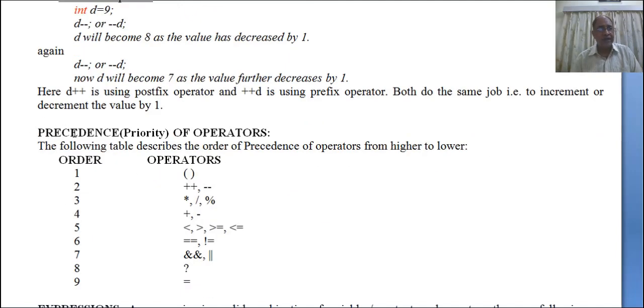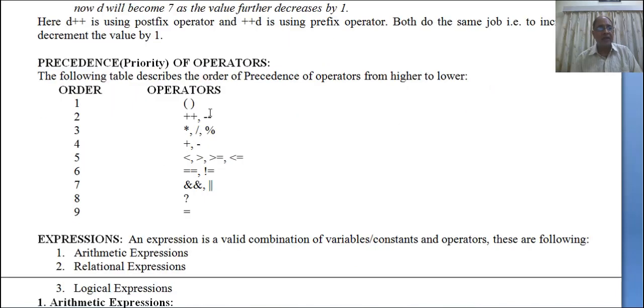So, precedence of operators. Precedence means we have to understand the priority it takes for calculation when given a combination of various operators. So the first order is parenthesis. You must have understood the BODMAS concept in your mathematics, where brackets, then of, then division, then multiplication, then addition, then subtraction takes place. The same concept is used here also.